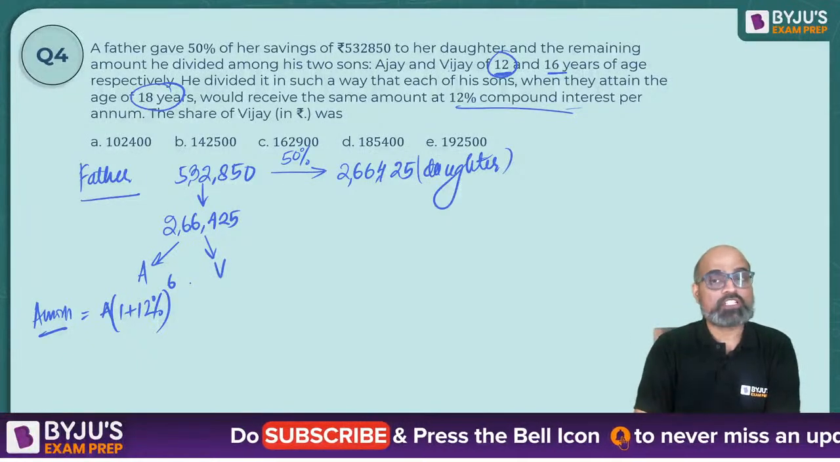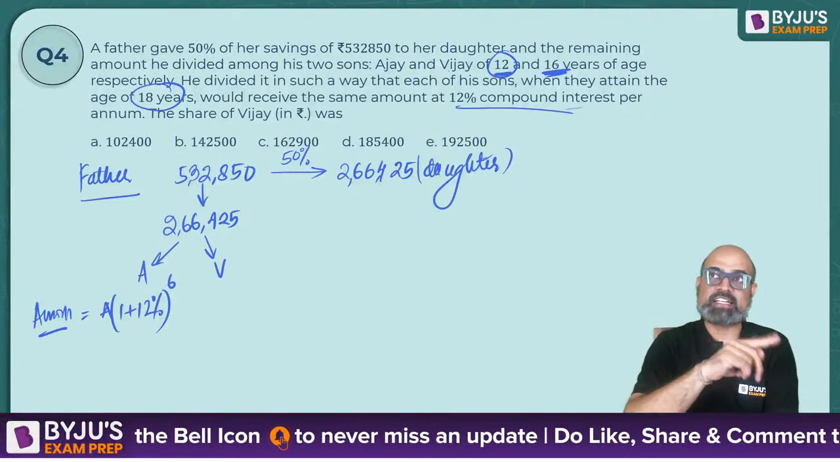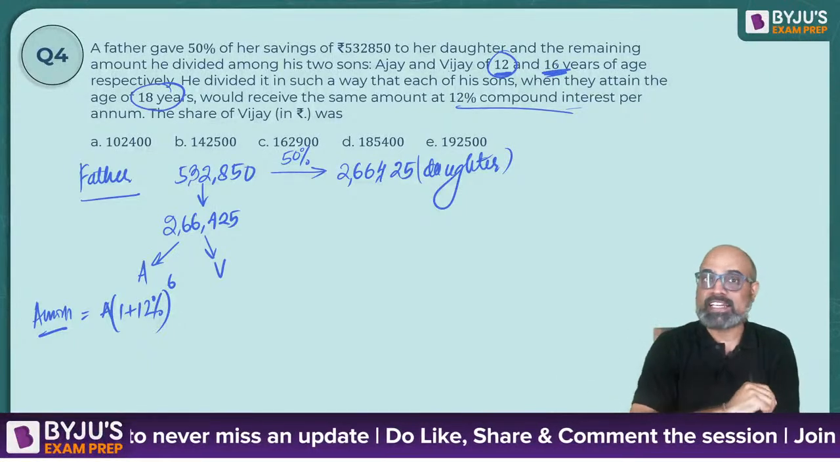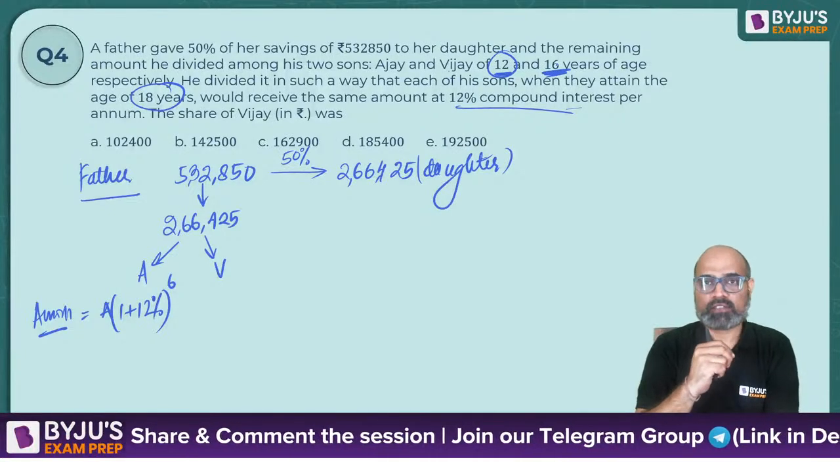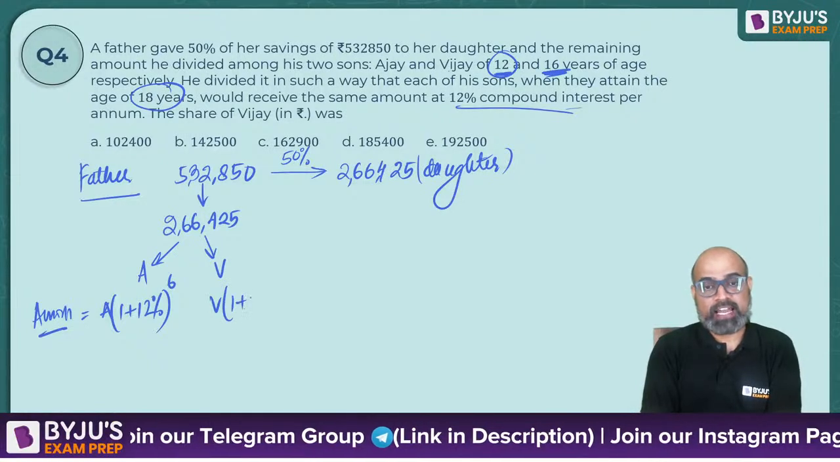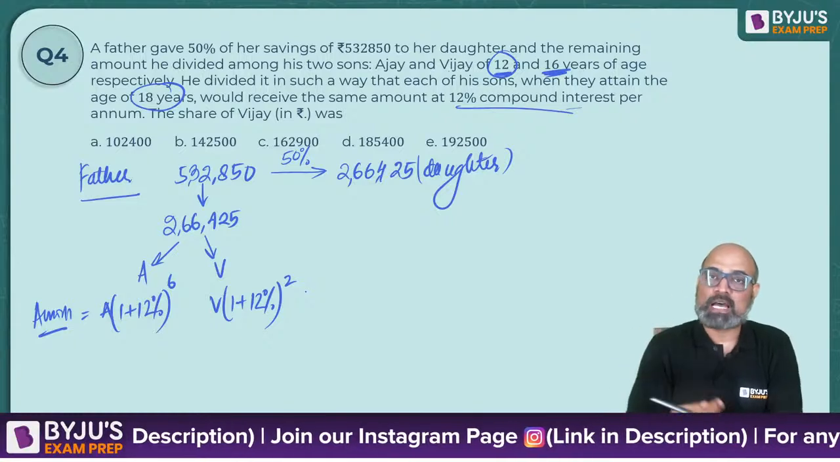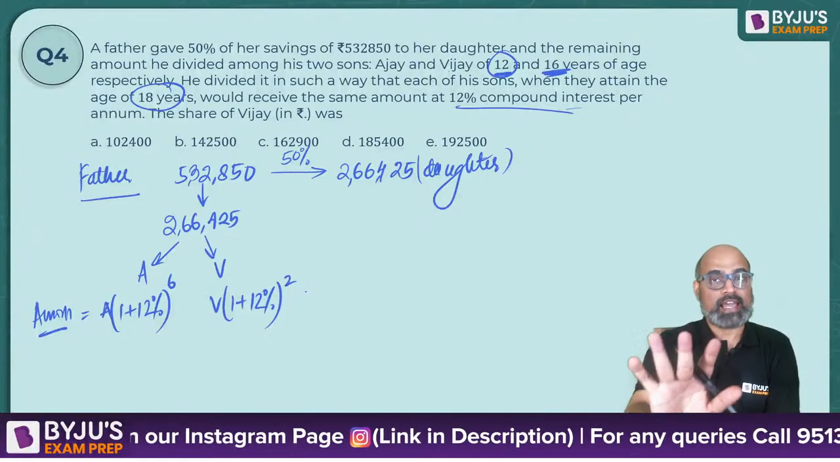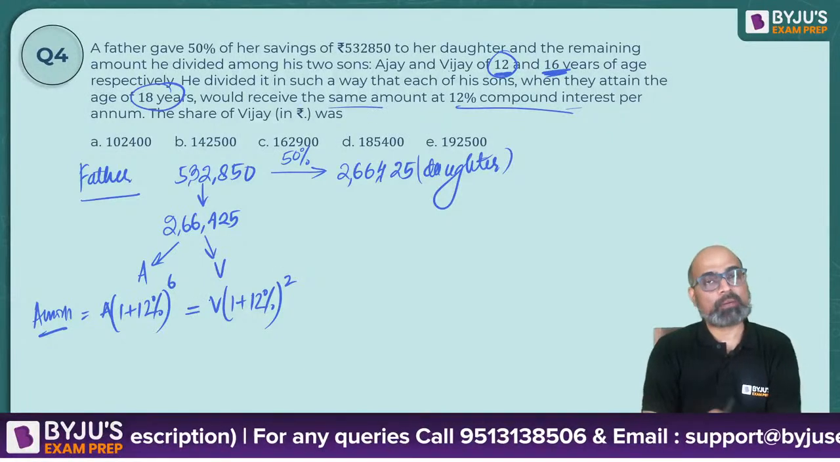And if I look at Vijay now, Vijay gets that money when he's 16 years of age and he will get the amount when he turns 18. मतलब उसके पास पैसे 2 years रहेंगे, right? So, can I say the amount that Vijay is supposed to get at 12% per annum, but only for 2 years, as in that calculation will happen only 2 times. As per the question, they would receive the same amount. मतलब ये दोनों बराबर है,